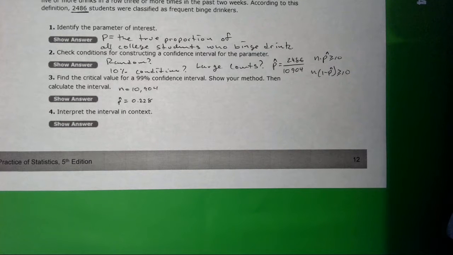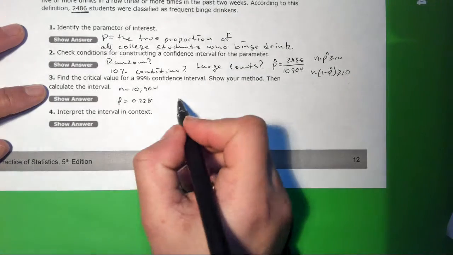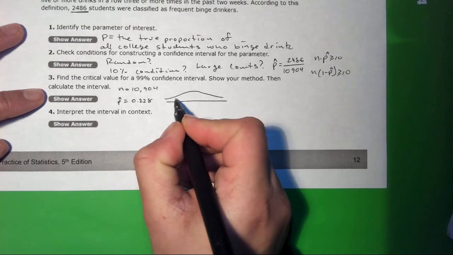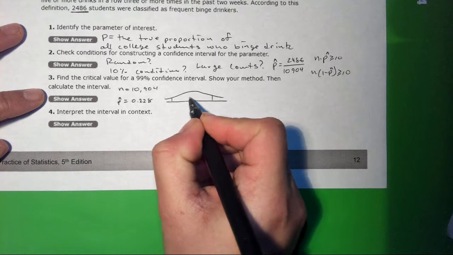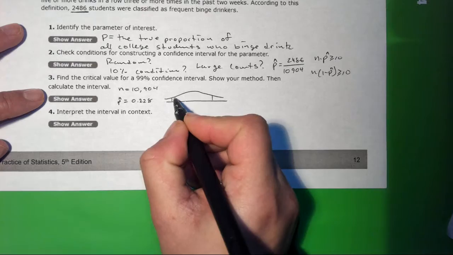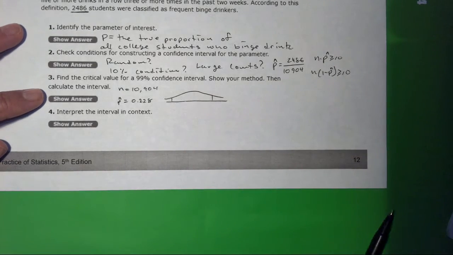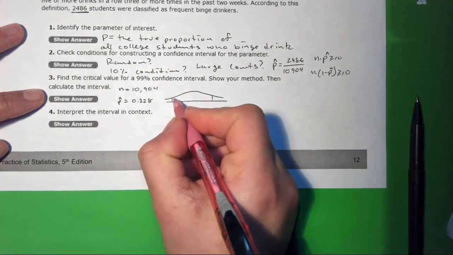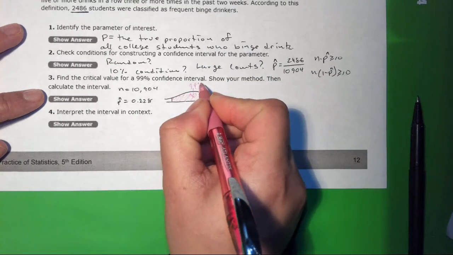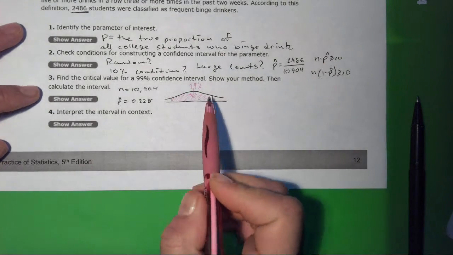So we should get and then calculate the interval. Okay, so our critical value is going to be, okay, so I'm going to draw a picture so you can see what this looks like. All right, so we want everything under here to be 99%, right? So if everything here, I'm going to do this in pink, everything here is 99%, then that means,